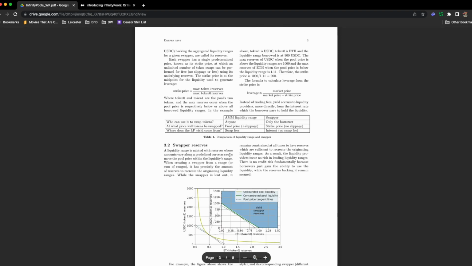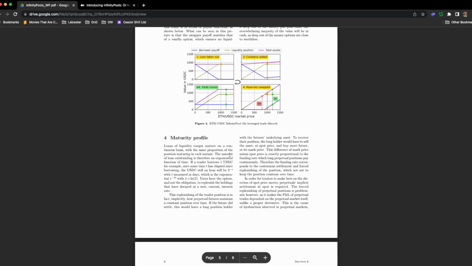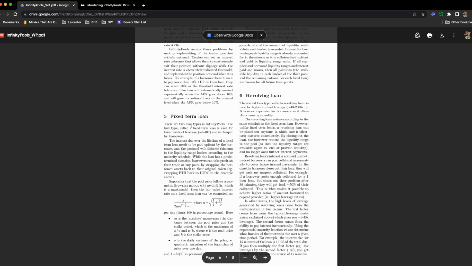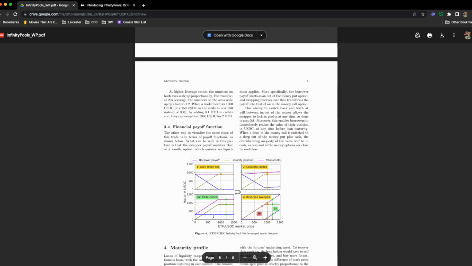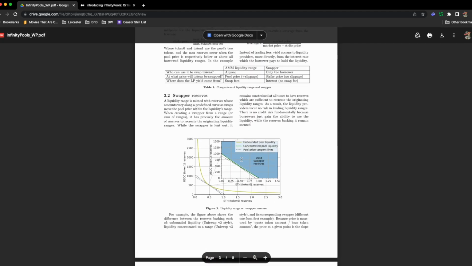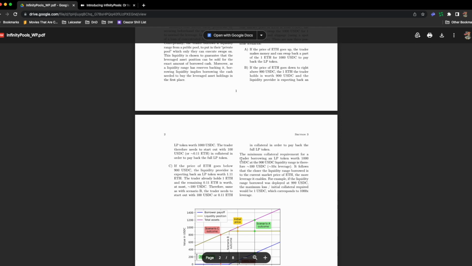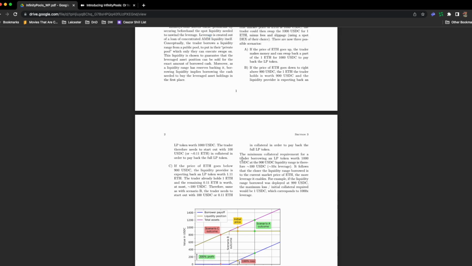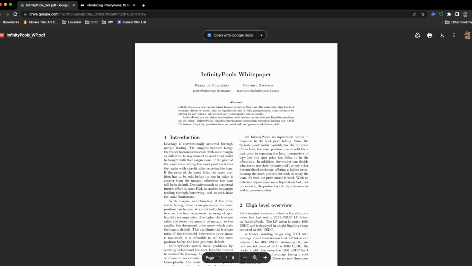There's some stuff in here that I don't really have the time to dig deep into, like this math. I'm not very good at math, so I don't really get how this interest rate is calculated, and I'll mention that when I'm going through the flow chart. But I do understand the concepts of how this thing can work. They give a lot of examples about how this can be looked at as puts and calls and stuff like that. But anyways, let me go to the flow chart and go through how I understand this, and then as usual, you can come read the docs, or you can join their Discord and ask more questions to understand this deeper.